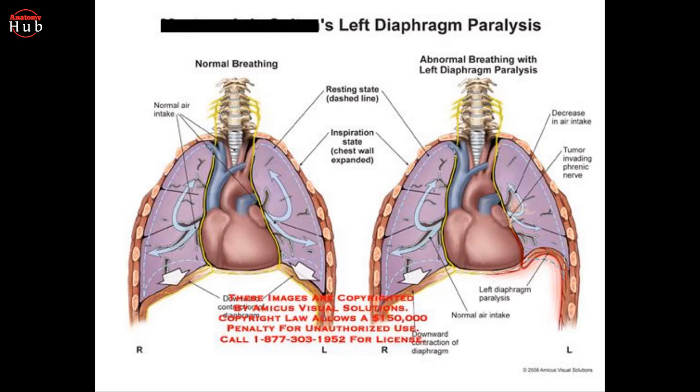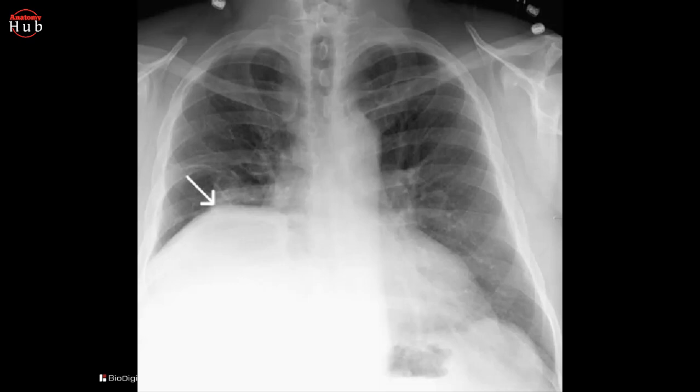A unilateral diaphragmatic paralysis is usually asymptomatic, and most often an incidental finding on X-ray. If both sides are paralyzed, then the patient may experience poor exercise tolerance, orthopnea, fatigue, and the lung function test will show a restrictive deficit.